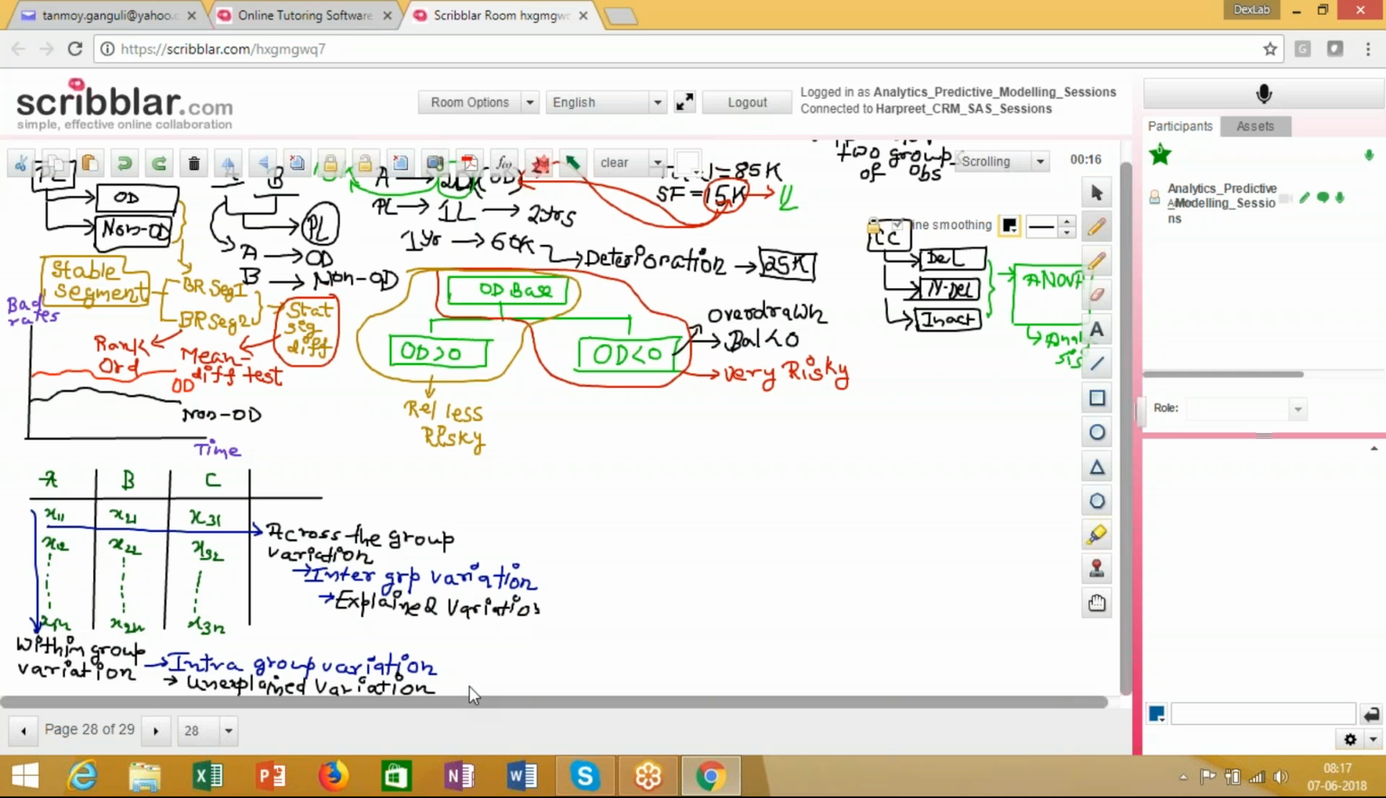In statistics, mostly what we do is we explain variations as variations. So variation is defined as a dispersion about the mean. Variation in statistics is defined as